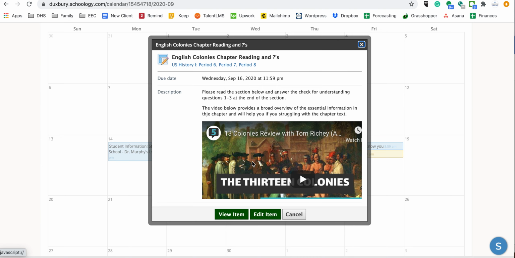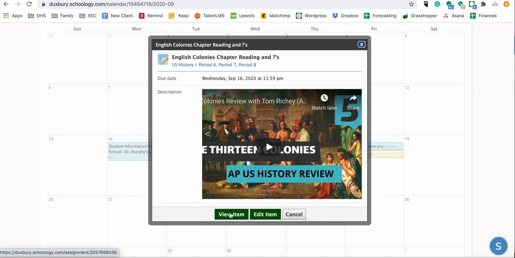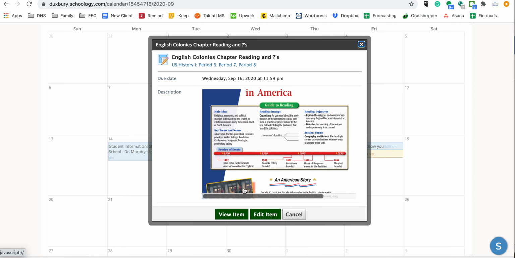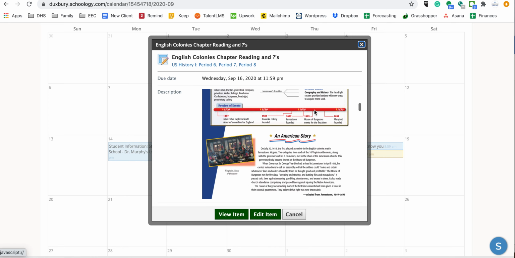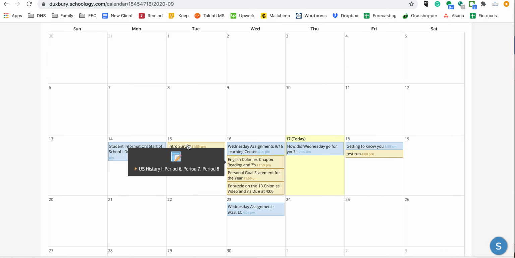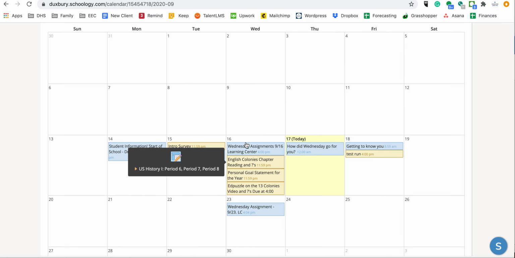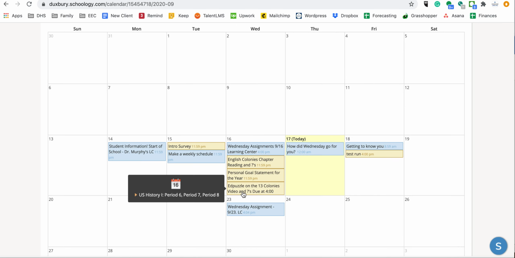And by the way, when I click on it, there's the assignment. And then I can view it specifically by clicking on here, but this is the assignment. There's the work right in front of me. I don't have to go into 6 different sites. It's right there on my calendar when I click on it, and I can see it and do it right down the list. So from an order perspective, maybe I can go right down the list. Really helpful,